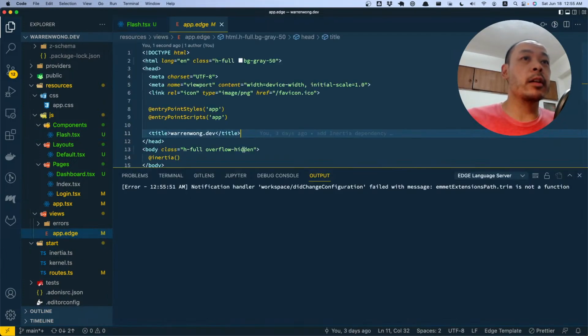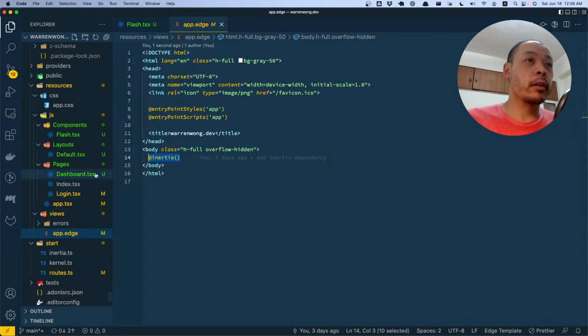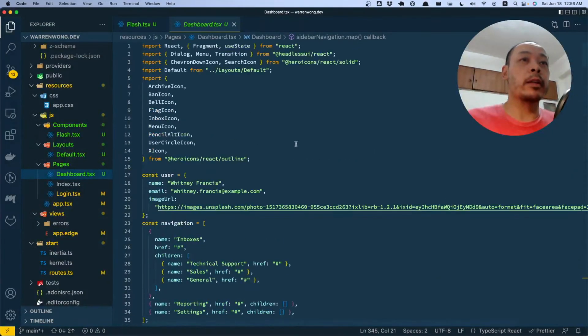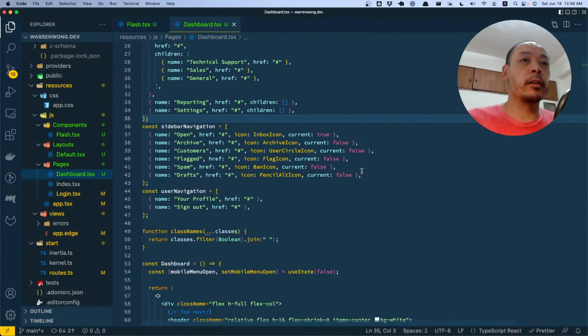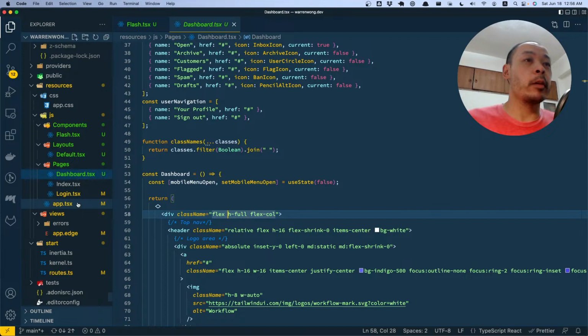So if you can see here, we have class h-full here, also class h-full here, right? So anything that Inertia goes and renders, like say the dashboard, needs to span the entire height. Let's see, flex h-full, right? So I wanted to expand the entire height, but the problem was,